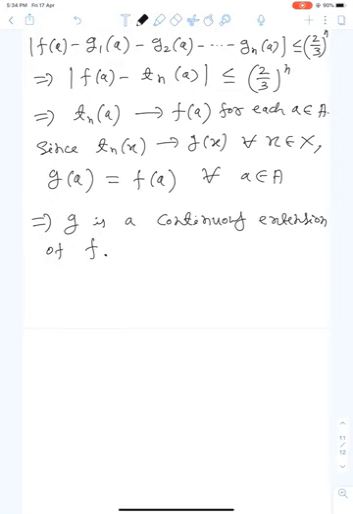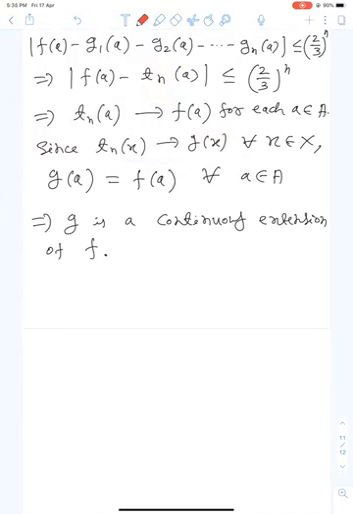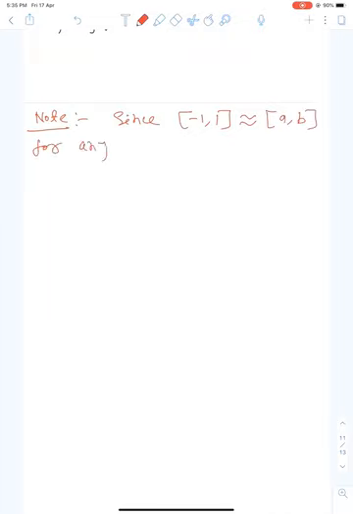Okay. Now there is one note for this theorem. Is there any speciality of the closed interval [-1, 1]? Exactly no. So here I can take a note that the closed interval [-1, 1] is homeomorphic to any closed interval [a, b] for any a less than b in R, right? So therefore